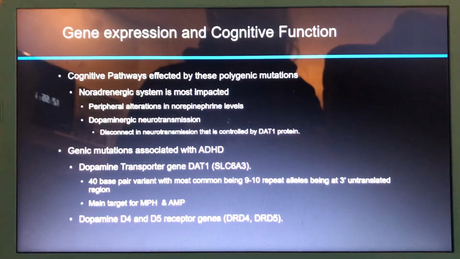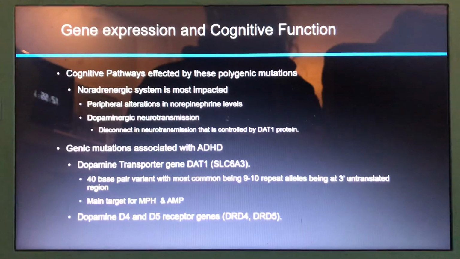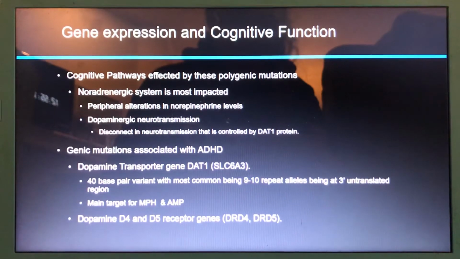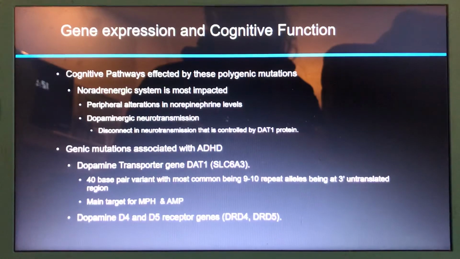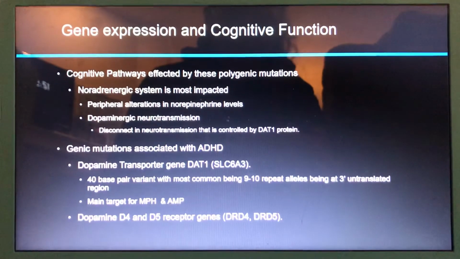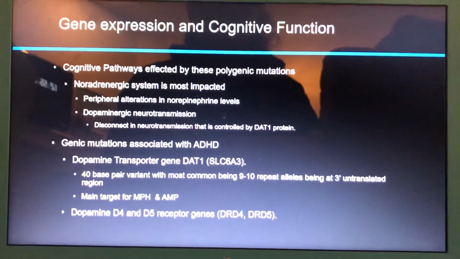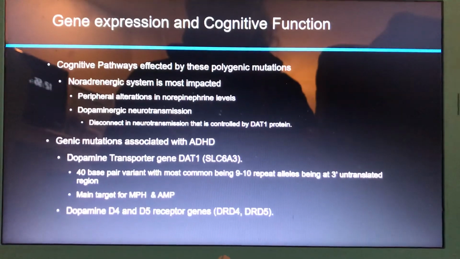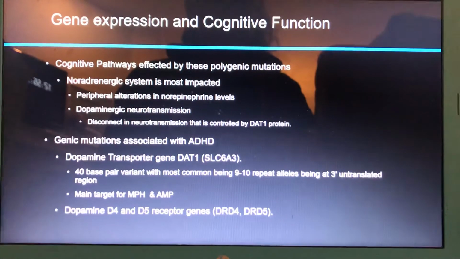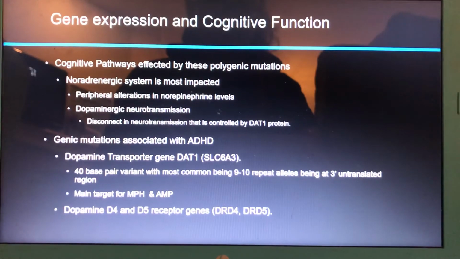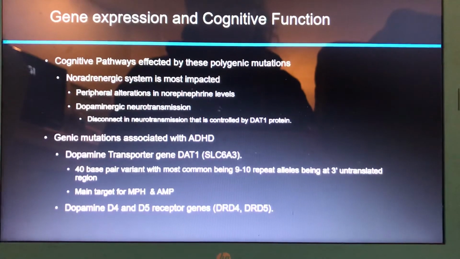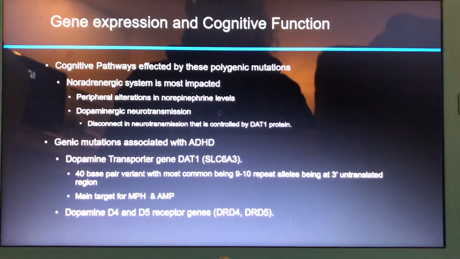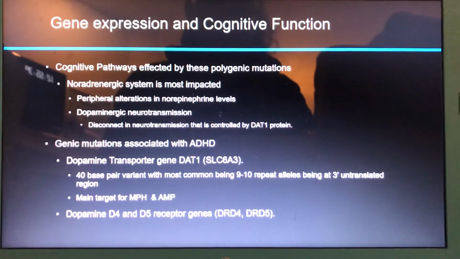So, genic mutations associated with it: the dopamine transporter gene is located on a gene specifically called SLC6A3. What they've been able to determine is that this is a 40 base pair variant, most commonly with anywhere between 9 to 10 repeated alleles located at the 3' region of the